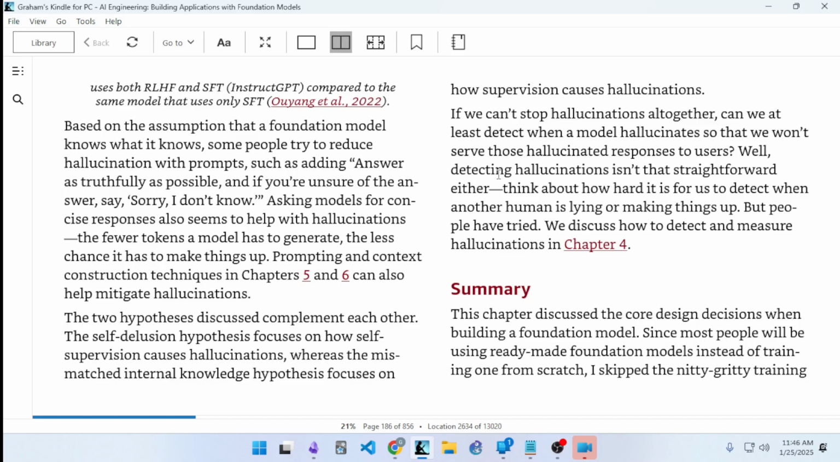Prompting and context construction techniques in chapters 5 and 6 can also help mitigate hallucinations. The two hypotheses discussed complement each other. The self-delusion hypothesis focuses on how self-supervision causes hallucinations, whereas the mismatched internal knowledge hypothesis focuses on how supervision causes